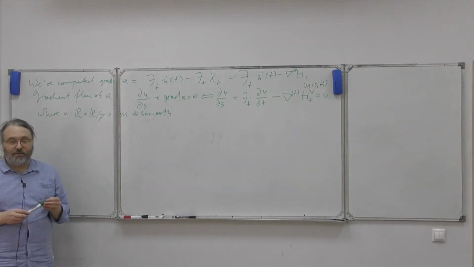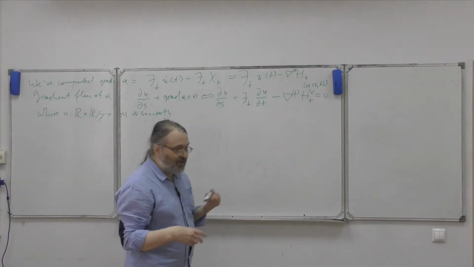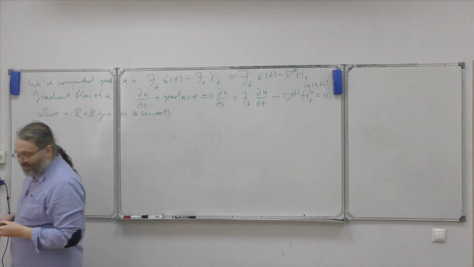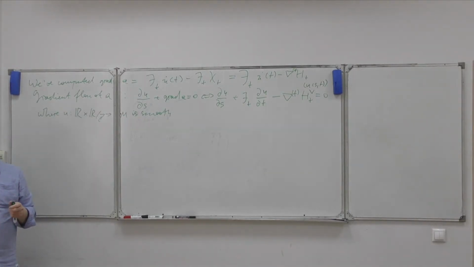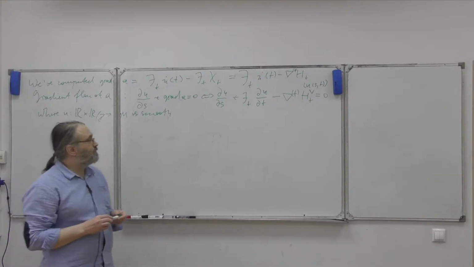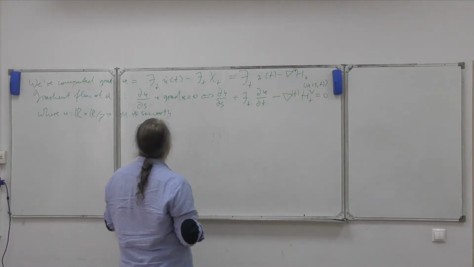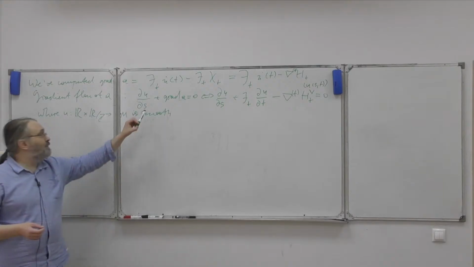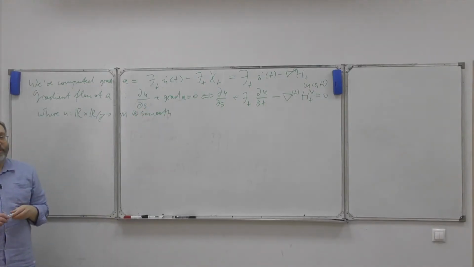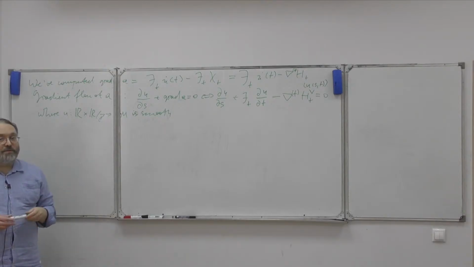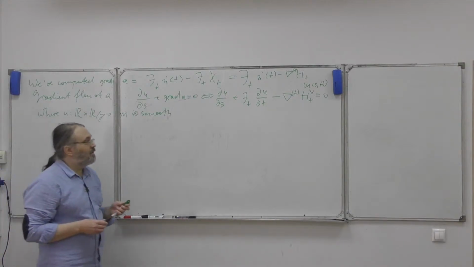There it is. May I ask a question? Well, yeah, you may, but I may or may not be able to answer. Do we understand what the critical points of the functional A are? Well, let's have a look at this equation. The critical points are the points where the gradient is 0. Yeah, but how are they connected with